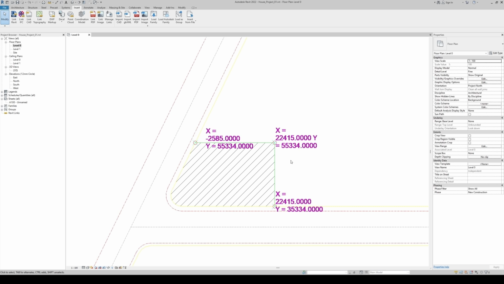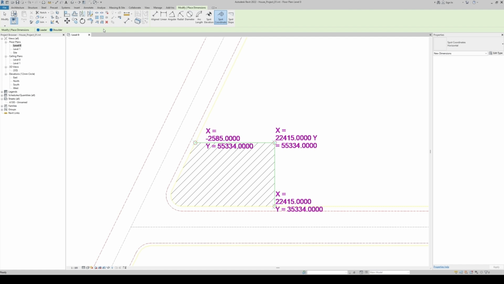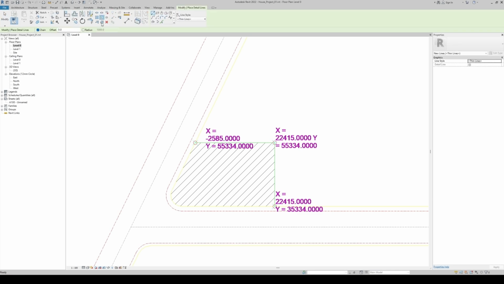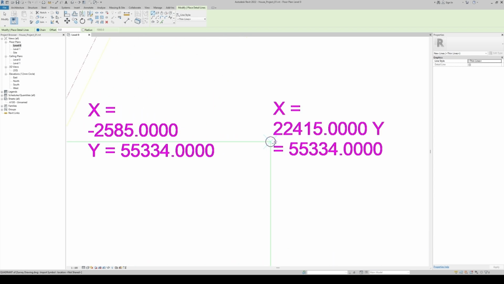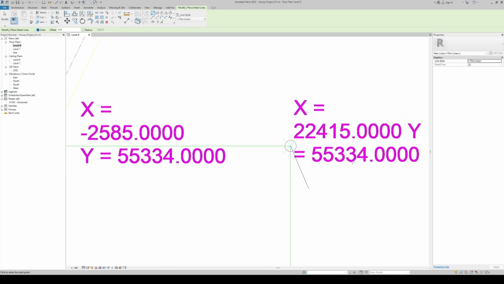To check the coordinates, we can go to the Annotate tab and pick Spot Coordinates. But spot coordinates need to be picked from a Revit entity. So for that, we'll create a small detail line at the intersection point of the coordinate 1,